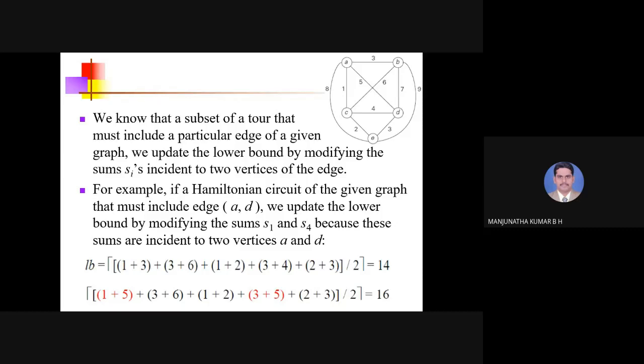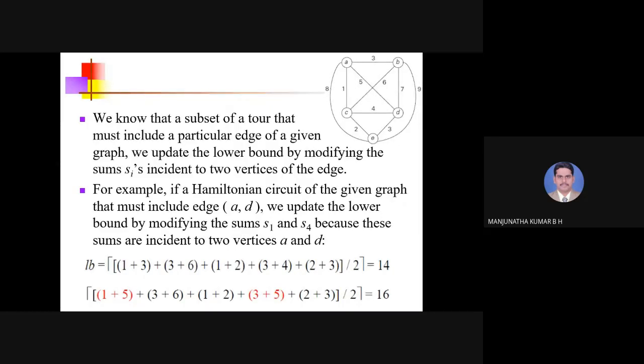That is one cost, one number, plus another number, which will be the smallest distance from A to any other vertex. So with respect to A, I have written 1 plus 5. It was 1 plus 3. Now it is 1 plus 5. Why? The reason is, from A the nearest vertex is C, that is 1, plus another nearest vertex is B. But assume I am not visiting B now from A. I am visiting D from A. So now I have to replace 3 by 5.